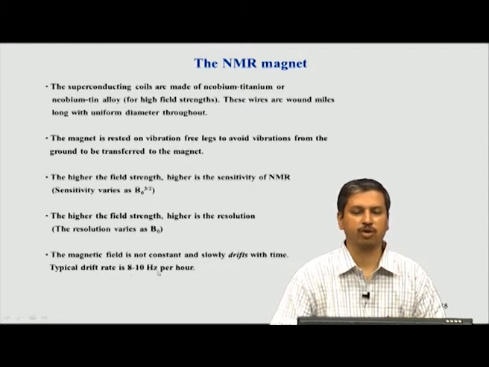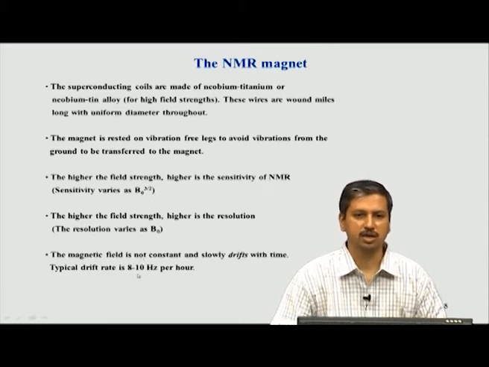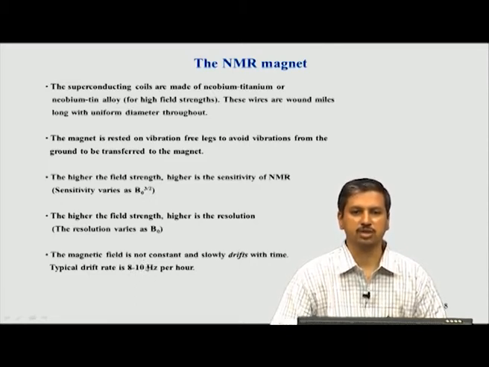And this is a very important point, because in 1 hour the magnet has become less by 10 hertz. So, instead of 900 megahertz, it loses 10 hertz, let us say, in 1 hour. This is typically the drift rate for a good, new magnet, and the reason it matters is that the lines, the peaks which we observe in an NMR spectrum, are also typically of this magnitude. Therefore, if we do not correct for this drift, our lines will have an additional 10 hertz broadening, and that causes a resolution problem. Therefore, there is a mechanism to correct for this drift in real time.